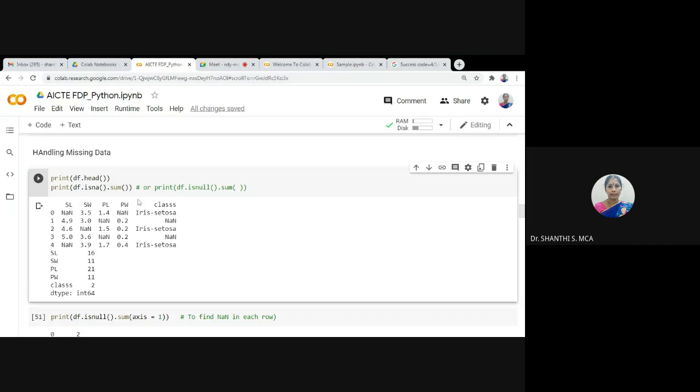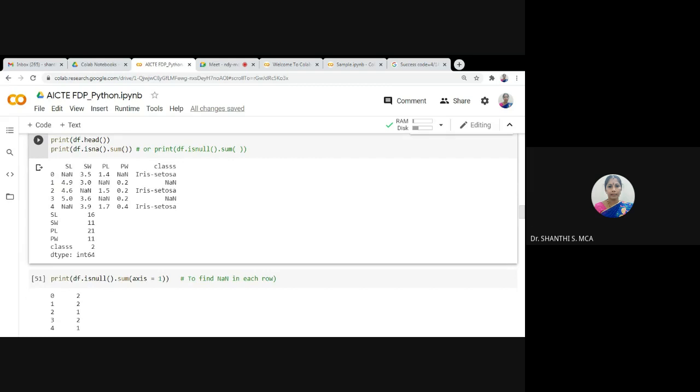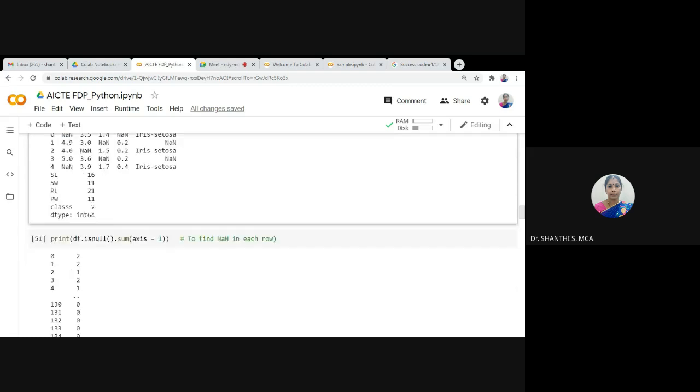In this data frame there are totally 5 columns. Or you can use another function, df.isnull().sum(). You can use either NA or isnull, both are the same.